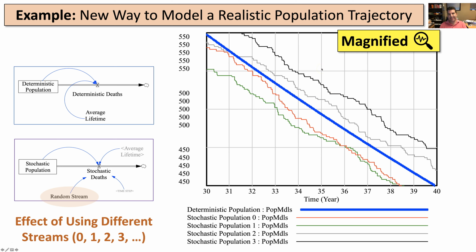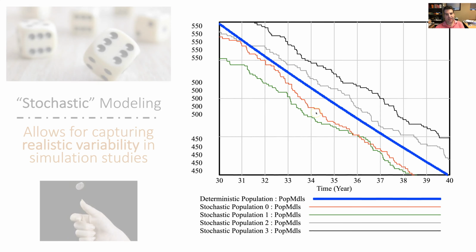If all we cared about was the average behavior, it would have been much better for us to use just our deterministic model, because we can run one simulation that runs a lot faster than the stochastic one, and we end up getting that average behavior out. Here, I had to run 4 simulations, and in reality, to fix this average behavior, I probably should run even more simulations so I can get a better spread of outputs and then average them all up. So if I really just care about the average behavior, then I should just model the average behavior. The only time I would flip to the stochastic behavior is to capture this variability.